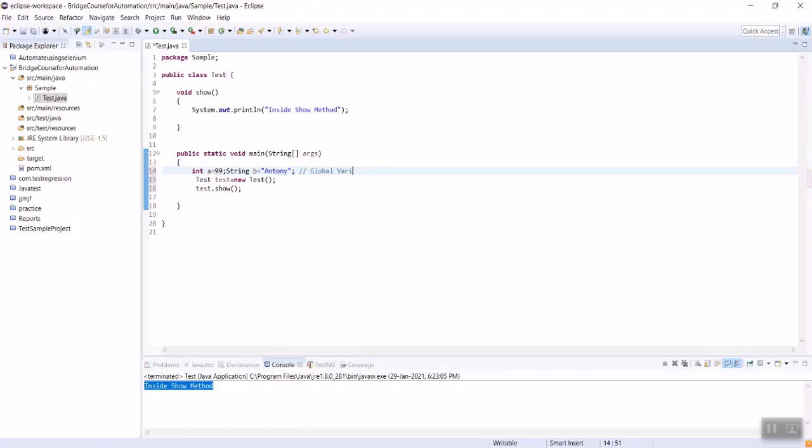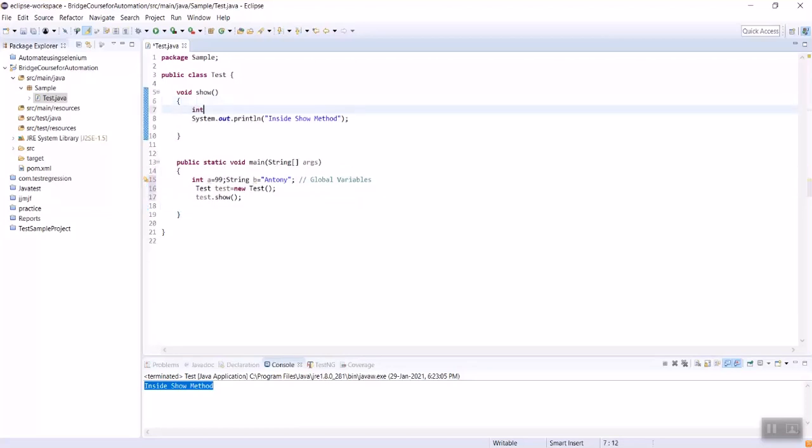For your understanding, I'm writing it as global variable. Now we are going to create one local variable. The variable which is declared inside the method is called a local variable. Line number 7 is the local variable: int a equal to 10, String b equal to, and within double quotes you can type whatever text you like or whatever string you need.